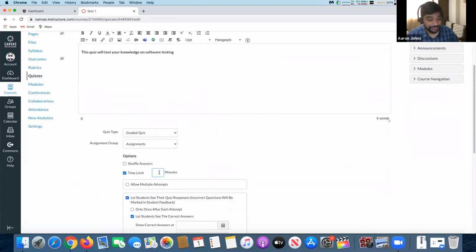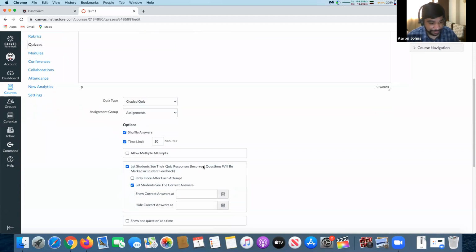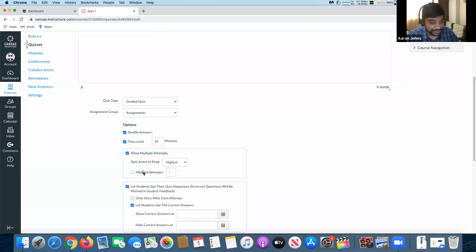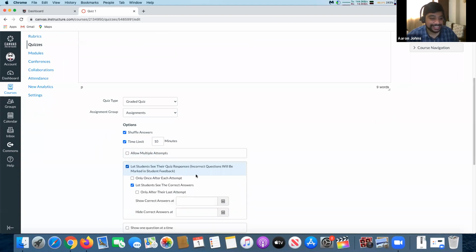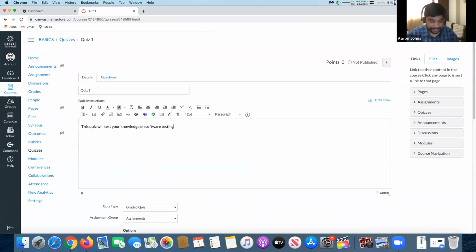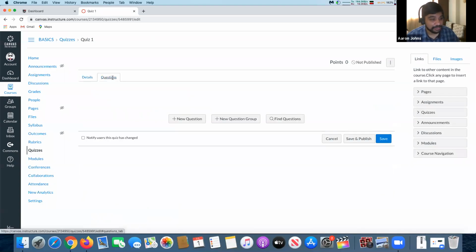And you can set a time limit for them. Let's say I wanted to finish this in 10 minutes. And if you want to shuffle the answers around, you can do so. How many attempts? Right now it's by default 1 attempt. So if they don't get it right, they have only 1. But if you want to give them at least 3 attempts, you can give them as well. But that's again not fair, I would say, in a scale, because people would exploit that methodology. But you can prevent that from happening because the questions every time you can give them can be very different.